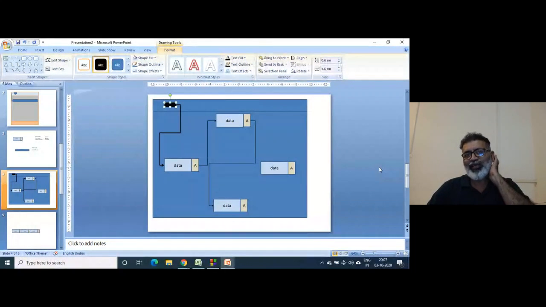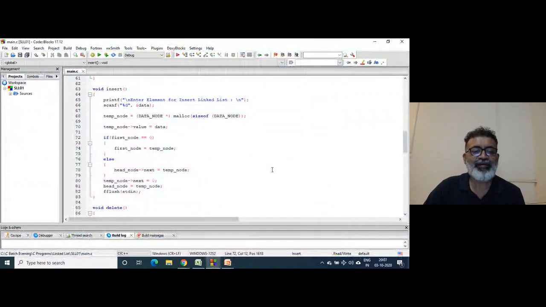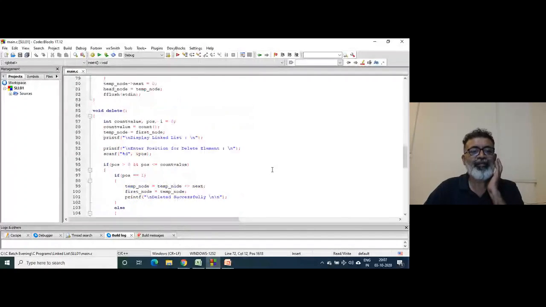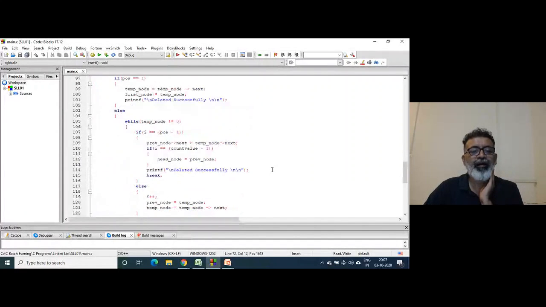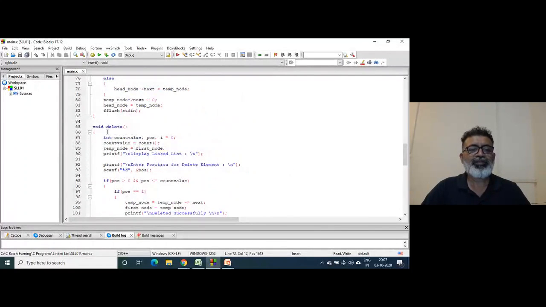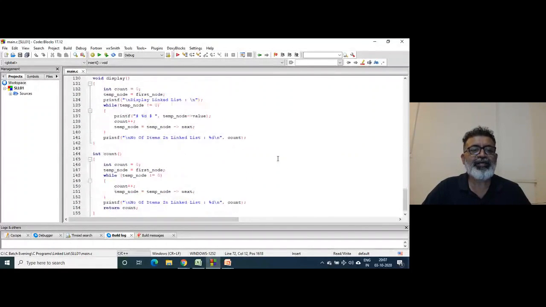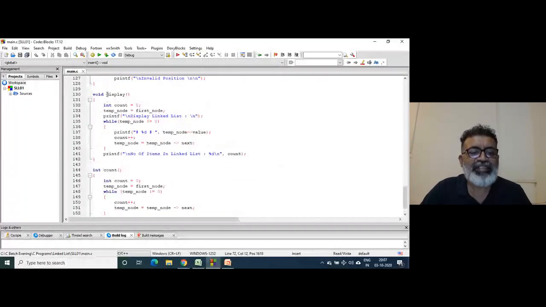See, linked lists, stacks and queues are just implementations. But this is how malloc is useful and free is useful. This is how it is deleted, then this is how the number of elements is displayed.